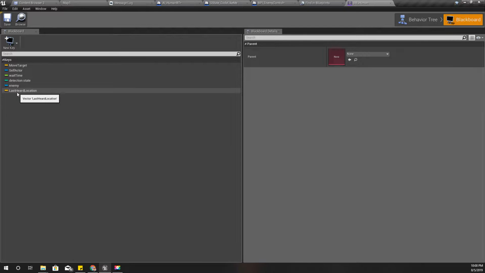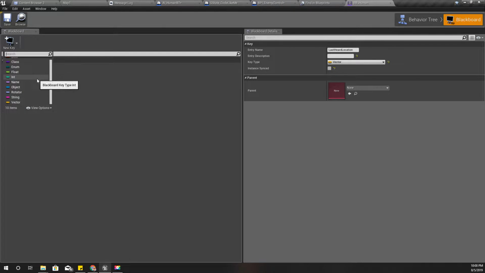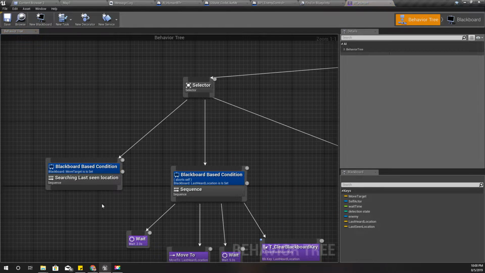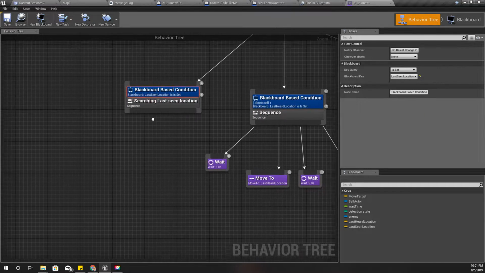Let's go to the blackboard and duplicate this one. I can't duplicate. Add a new key and the type of vector. Let's call it last seen location. Okay, and if that is set, if last seen location is set,